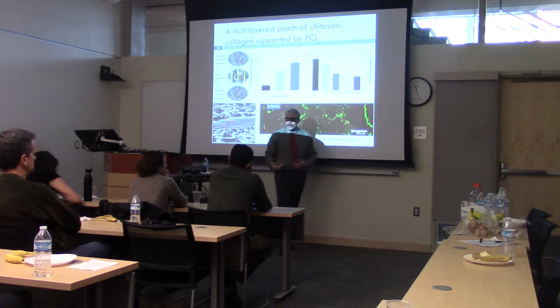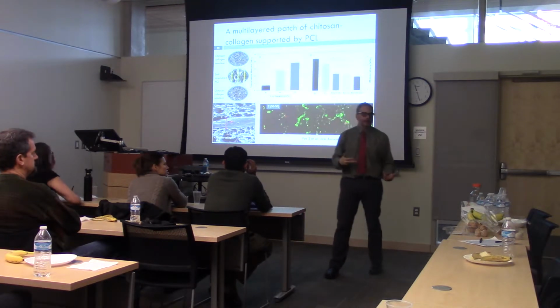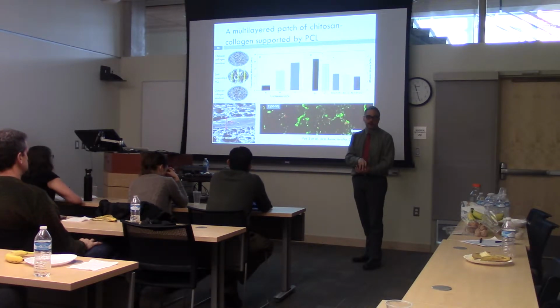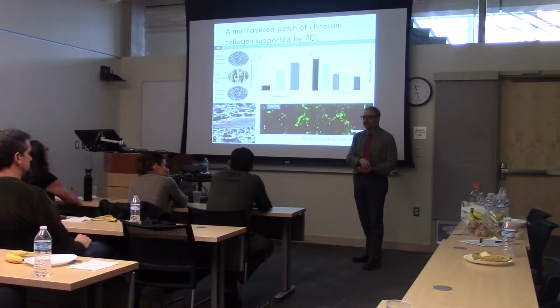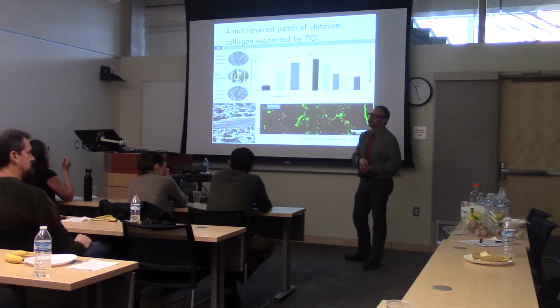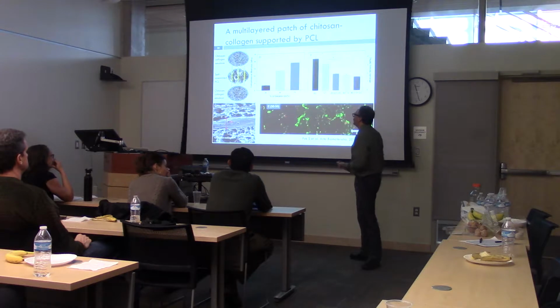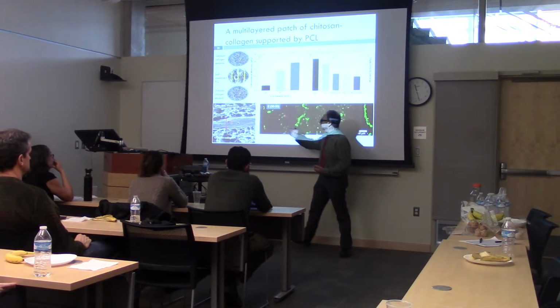We figured out how to make polycaprolactone in a way where we actually crystallize it on water, in a water environment, and we can get this highly porous material that is not as hydrophobic as polycaprolactone usually is, I should say,